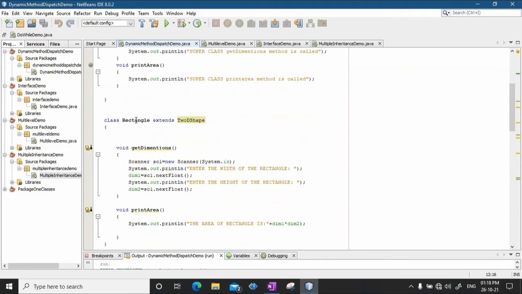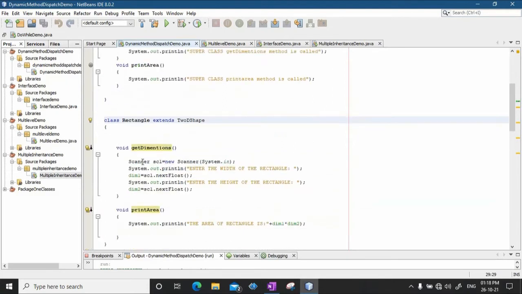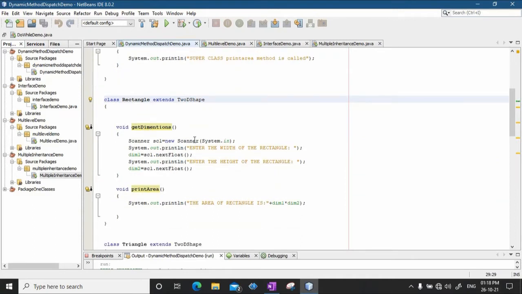Now, we create another class called rectangle, and rectangle class extends 2D shape. Since rectangle class extends 2D shape, all the attributes, that is dim1, dim2, as well as the methods, that is get dimensions and print area, are accessible to the rectangle class. What rectangle class does here is, it simply defines the get dimension method.